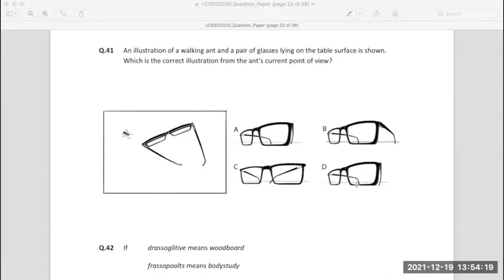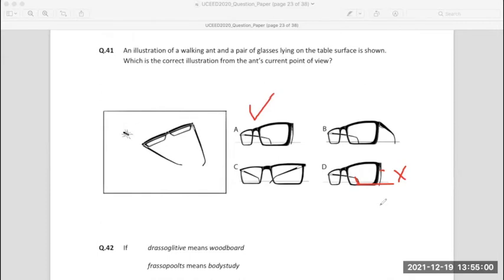I don't want to confuse you here, but A will be the correct answer because when I draw a straight line from the end of this stick, when it is coming down and touching the ground surface, I still see some part of the other stick sticking out of that base, which is not possible in glasses. Otherwise, one would be bigger and one smaller. It's clearly not a possibility, and that's why A is the correct one.